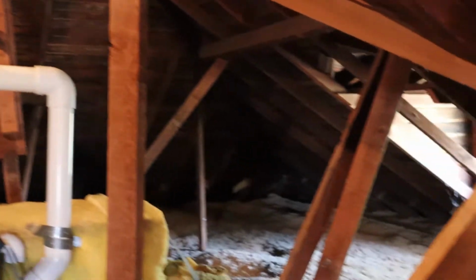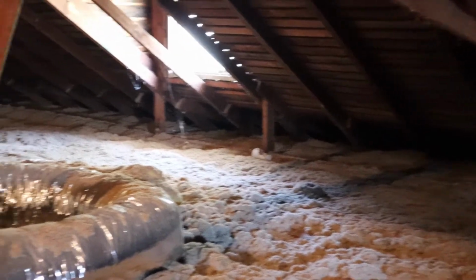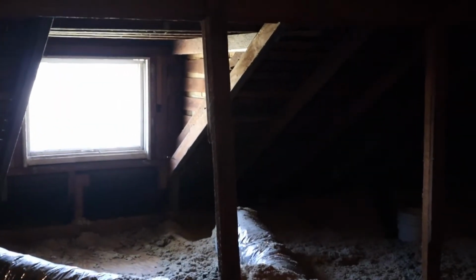The insulation on the rafters, the dormer windows. The other feature, if we look this way here, the access to the roof is actually out one of these windows here. Didn't work. So if you come over to here,